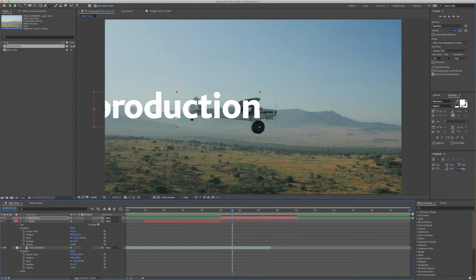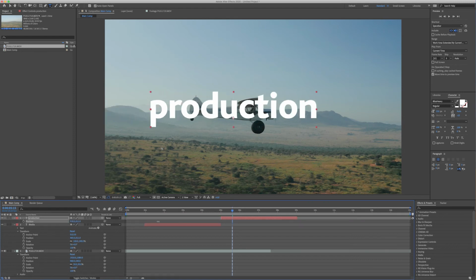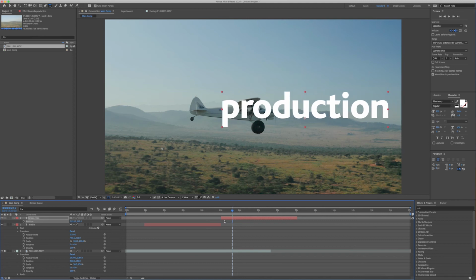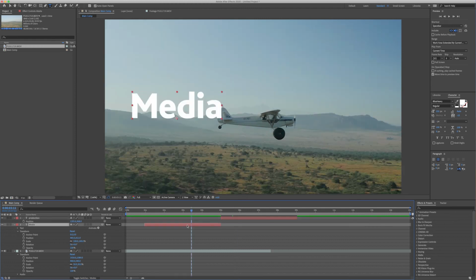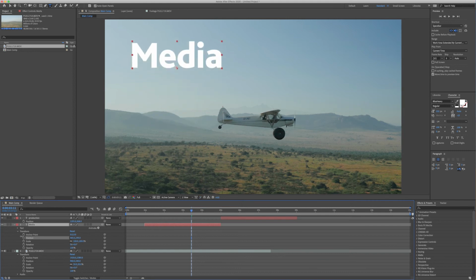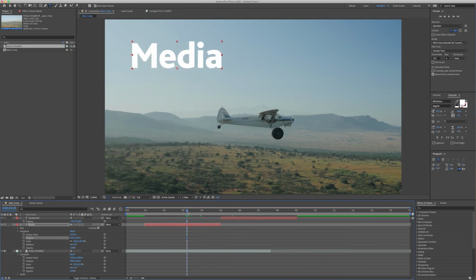To adjust the positioning, instead of pressing the drop down arrow and going through transform, I could just press P on the keyboard, which brings up the position, and click and drag these numbers to move it where I want. So I'm just going to go back to this one, select this and edit the position, move it up here maybe. So now we've got media,